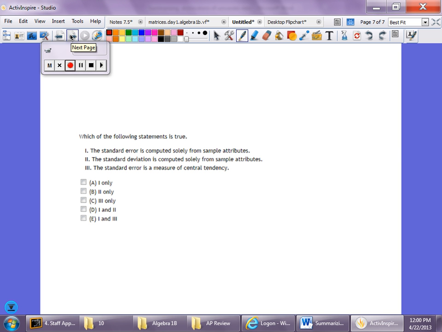Oh, so there's one more after this? No, we did do number 2. There's one hint that I'm going to give you. Standard deviation requires knowledge of one or more population parameters. Okay? The standard deviation requires knowledge of one or more population parameters. I'm on which of the following statements is true? It's the bottom question, the last question on the front. So for that question, the only hint I'm going to give you is standard deviation requires knowledge of one or more population parameters. That concludes the